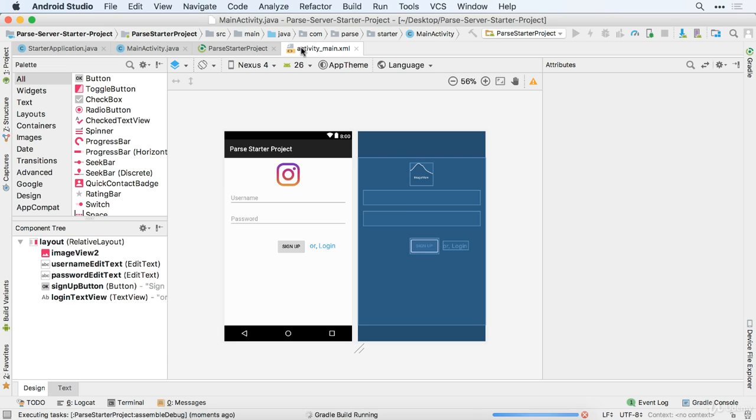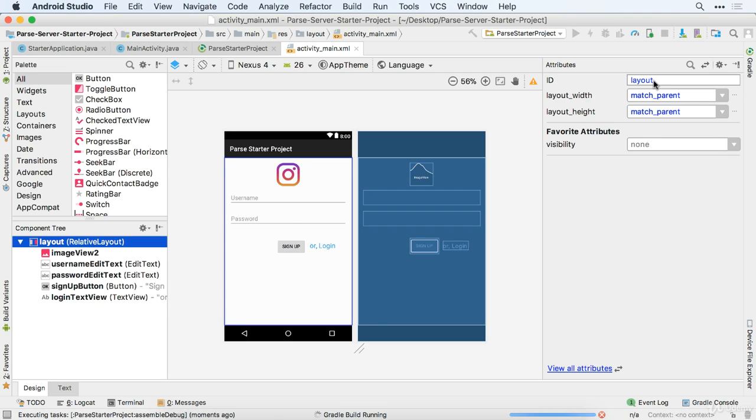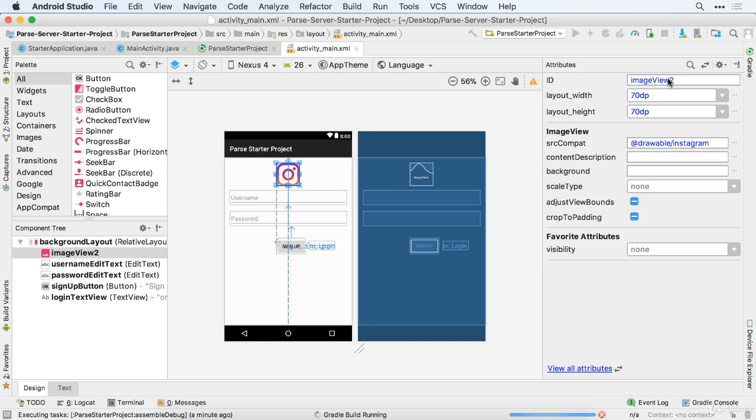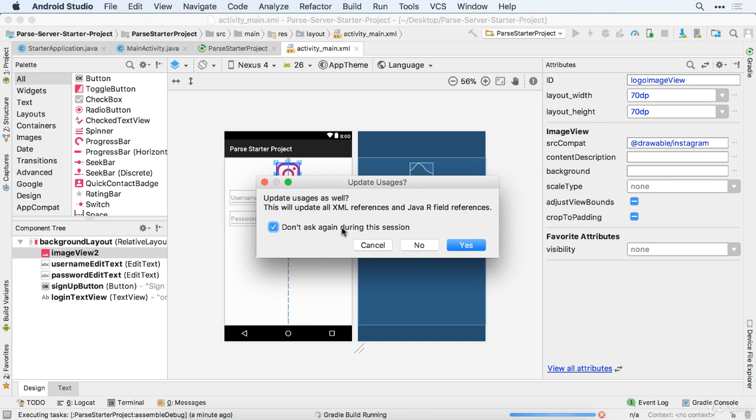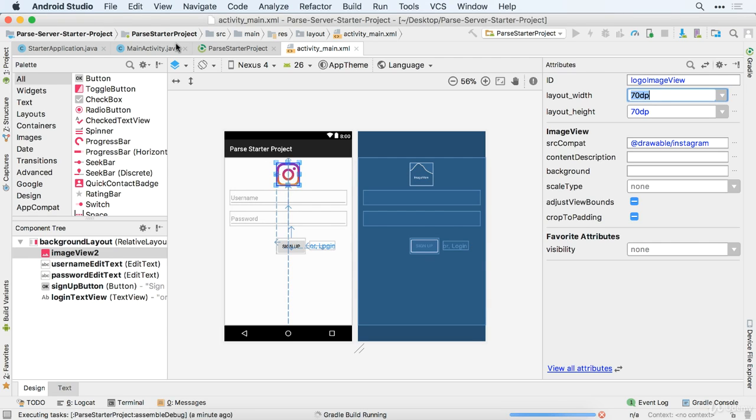In the next portion, in order to get access to this relative layout and this image view, we have to give them some ID. With this layout, remember I gave it the name layout because I'd accidentally mistaken this for the text view. But anyways, I'm going to call this background layout. Give that a proper ID there. And I'm also going to select the image view, and I can just call this maybe logo image view. We just want to make sure that we give proper names to those